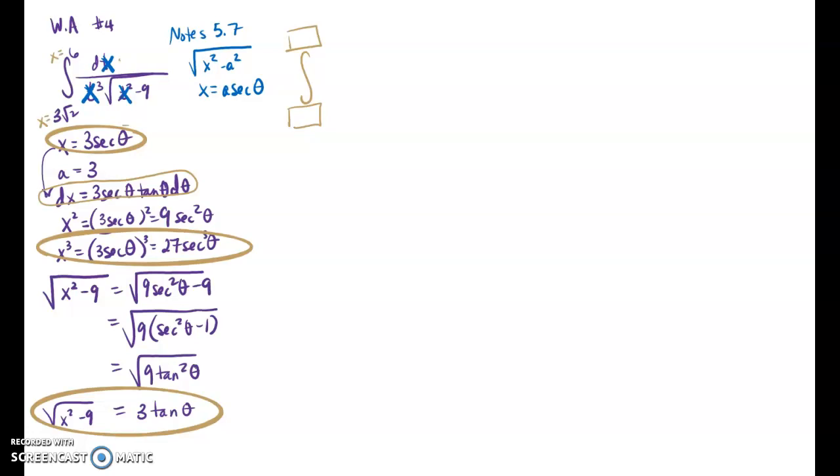So I'll need to change those bounds, but for now what I see is my dx can be replaced with 3 secant theta tan theta d theta. That's my dx in the numerator. In the denominator I have x cubed, which can be replaced with 27 secant cubed theta. And then I finally have the square root of x squared minus 9, which can be replaced with 3 tan theta. So I'm almost done, but I have to get those change of bounds. So that's one more thing I'm going to work on. Notice that there are going to be some things I'm going to cancel in this. So if I want to change my bounds,